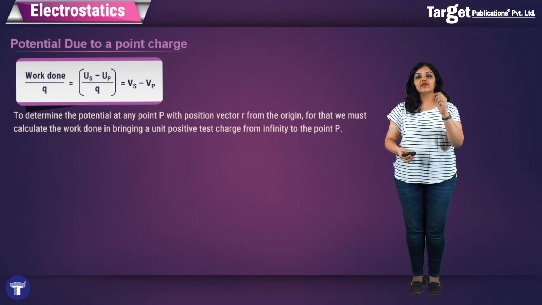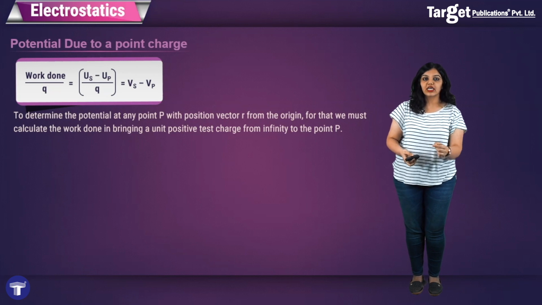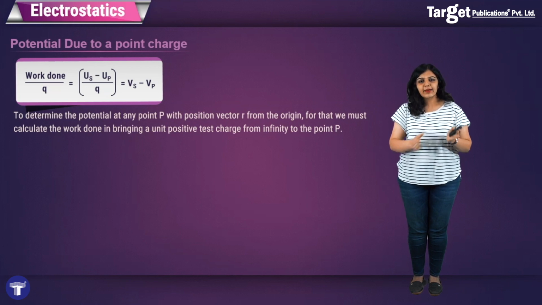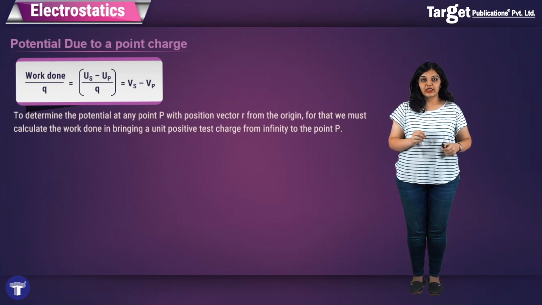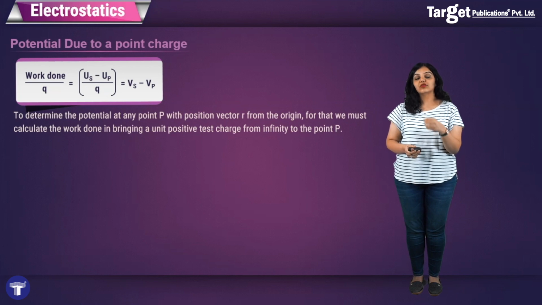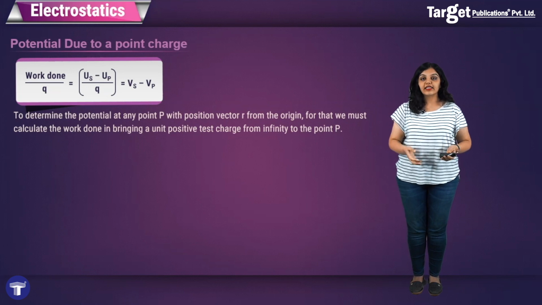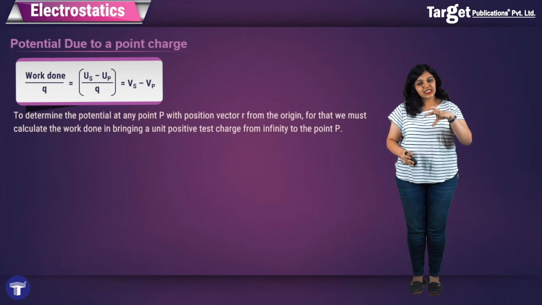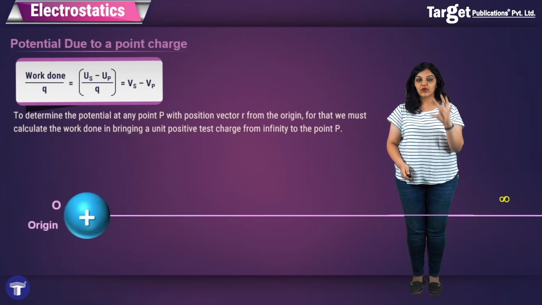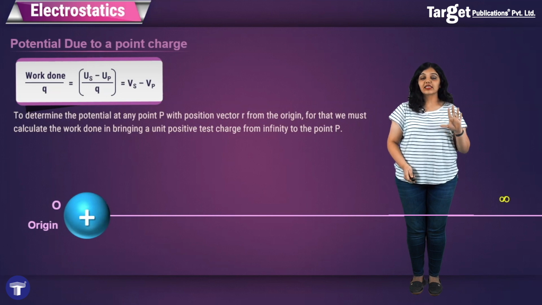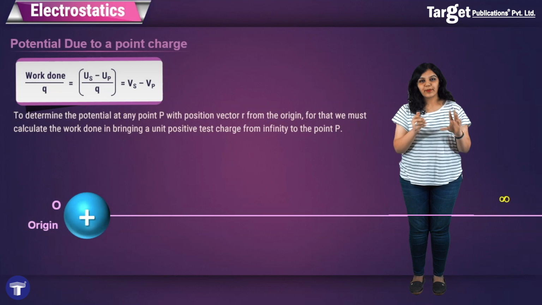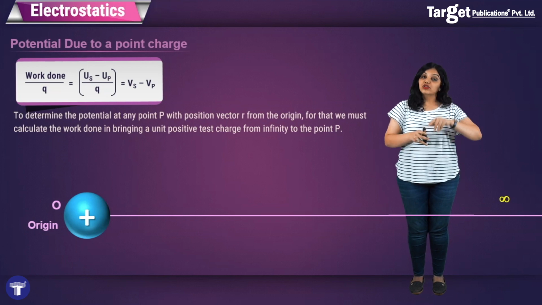For example, if I have a single charge, that is, I have a point charge, let me ask what is the potential due to this single point charge. So I say I want to find the potential at any point P due to a single point charge. So please pay attention to the title. We are saying that we have to find the potential at a particular point due to a point charge, which means this point charge is already there at the origin. For example, we have placed it at the origin for convenience. This point charge is already there and I want to find the potential at some other point due to this